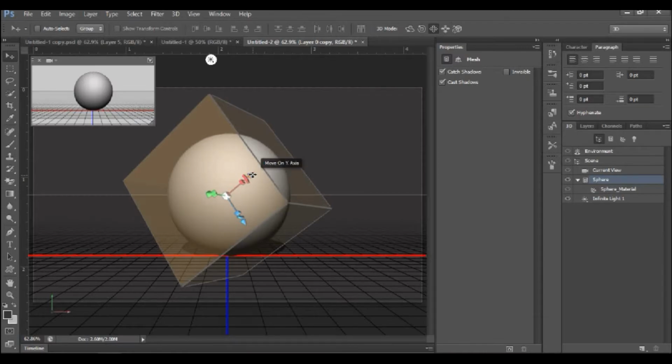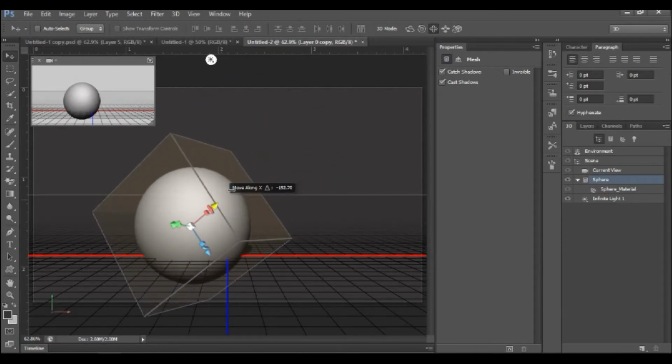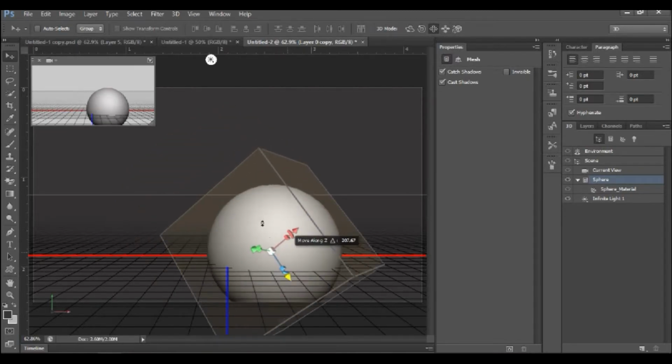Now here on the top, this arrow lets you move the sphere. So if I click and drag, it will move my sphere accordingly.